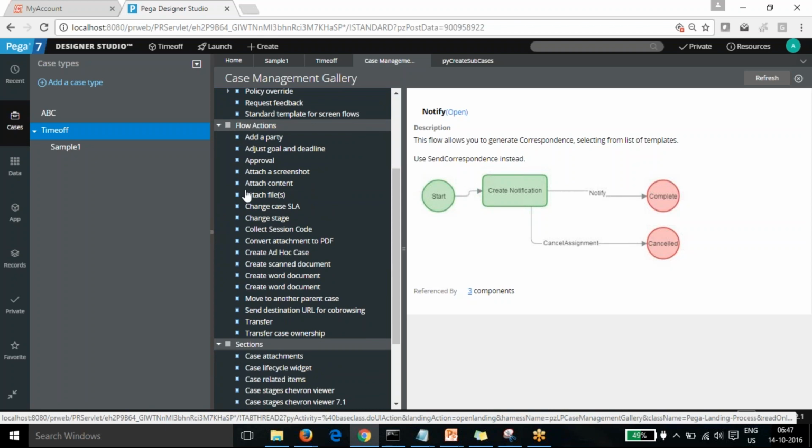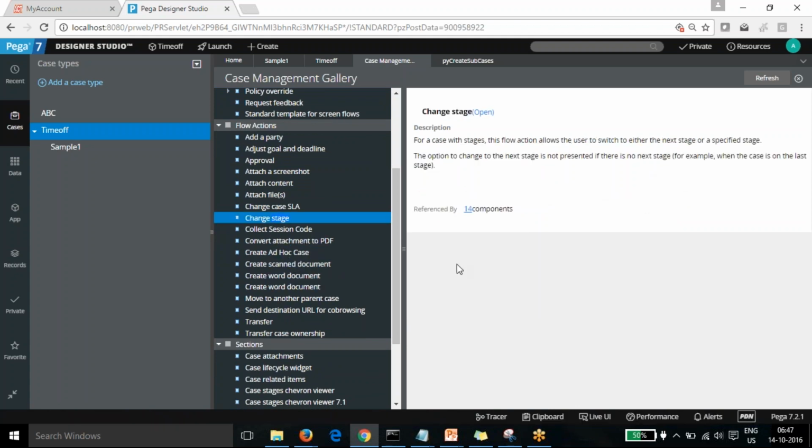And actually, if you see, there are a lot of local actions I talked about. There are some sample local actions if you want to check how change stage works. Okay, so this is the change stage one.